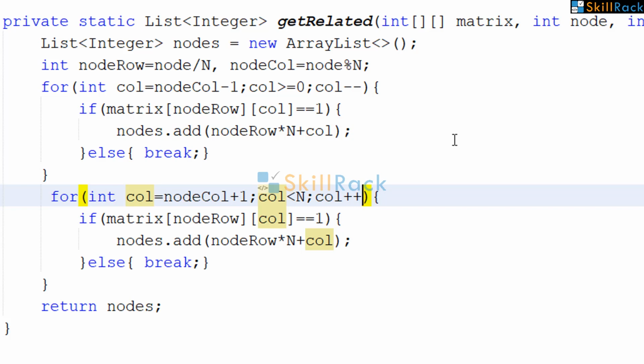Now we are going to traverse all the top cells.